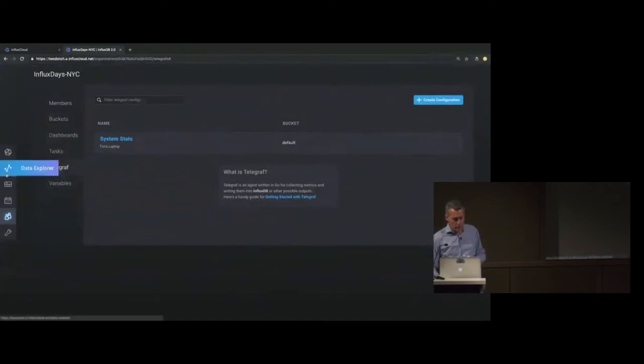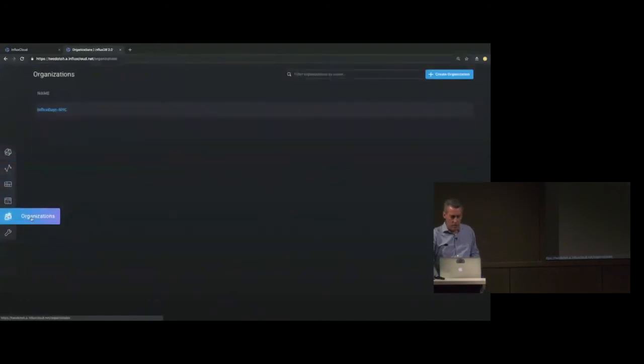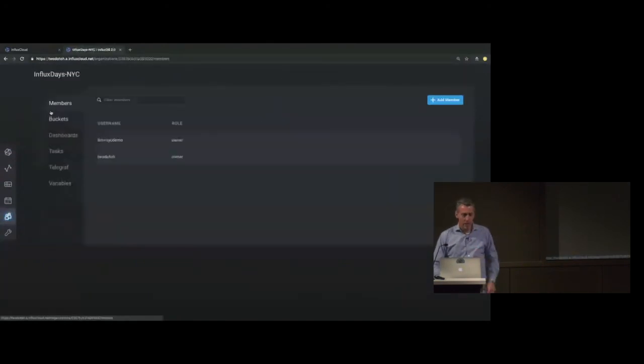Okay, so inside of here also, the notion of organizations exist. So today, I've got my organization, all of you, InfluxDays New York City. Inside of that, I've got various members, Tim at New York City Demo, the 2.0 owner as well is listed in there. And I have a single bucket, the default bucket, where I'm storing my system stats at the moment. I'm going to create 2 more buckets in here. The first of which is Cloud Trial Stats.